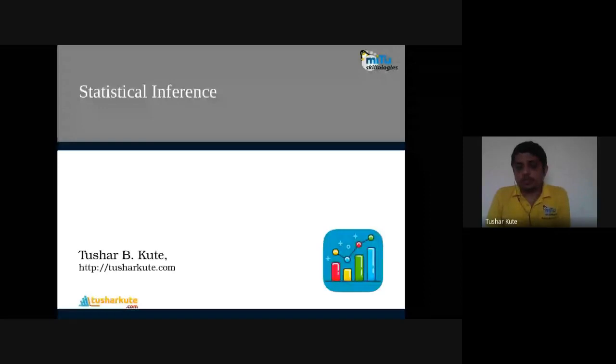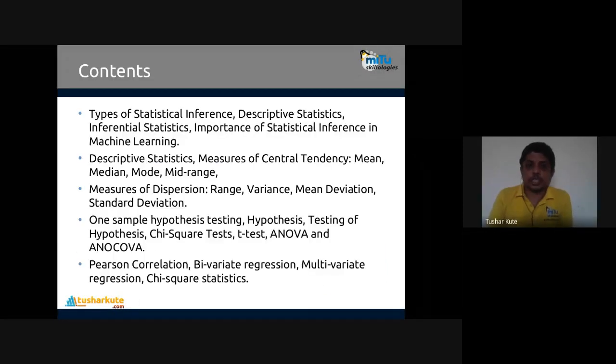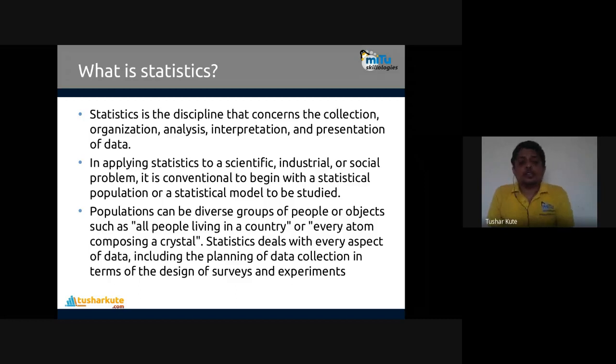The prerequisite of machine learning is statistics. That's why it's important to note the statistical concepts commonly as a part of machine learning. So let's start with the first topic, statistical inference. These are the contents of it. Before starting, let's revise simple concepts of statistics. Maybe you have heard about statistics already: what do you mean by it, what are the types of it, and what measurements are present?